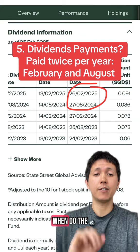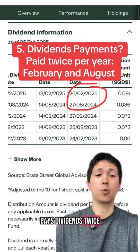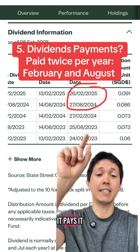Finally, number 5, dividend payments. When do the dividends actually land in your bank account? Well, the ETF pays dividends twice per year, and as you can see above, it pays it in August and